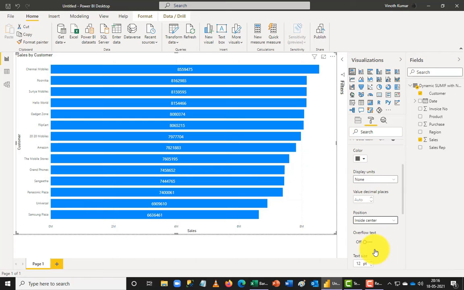But again, with outside end, some data will be a little cramped to see, and inside center is going to give you much more clarity in the data, and you can set up an inside base here. So that's going to come on the leftmost part of your screen. So you can set up all of them from this list. Probably I would like to do them on inside end, that will be a nice one. So I can see them very clearly.